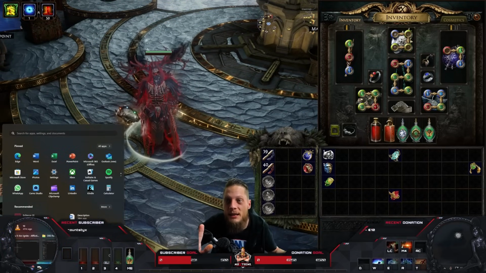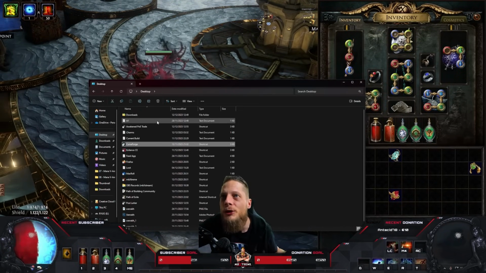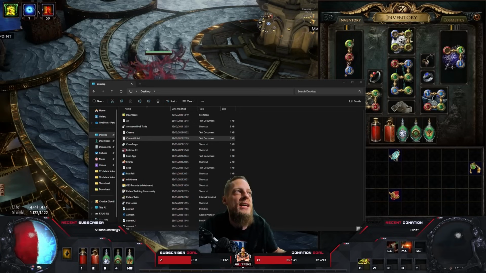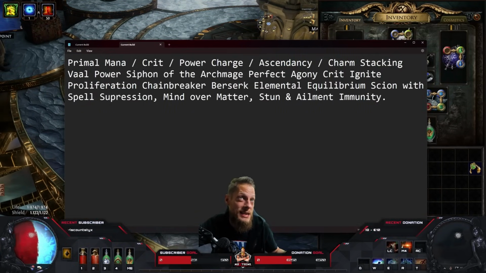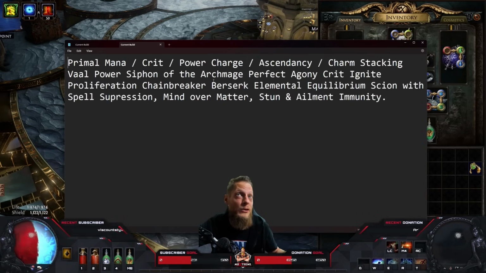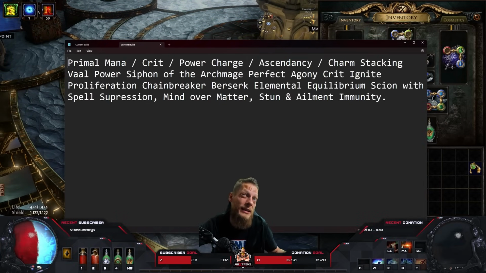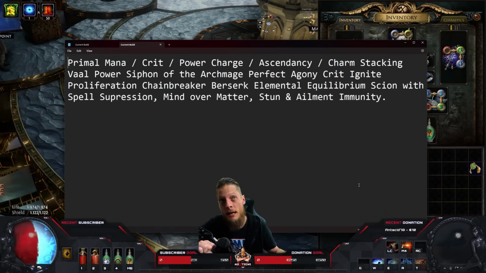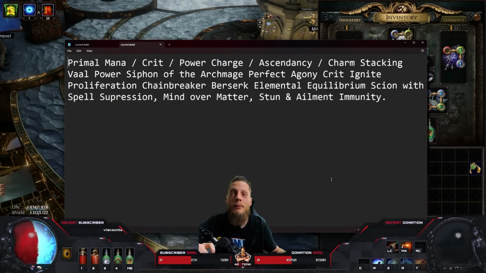Okay, let me quickly pull up what we came up with yesterday. I think it was somewhere here, current build. So these could have become a primal mana crit power charge ascendancy charm stacking Val Power Siphon of the Archmage, perfect agony crit ignite proliferation chainbreaker berserk elemental equilibrium Scion with spell suppression mind over matter and stun and element immunity. That is what we came up with yesterday when we found out while leveling that Power Siphon kind